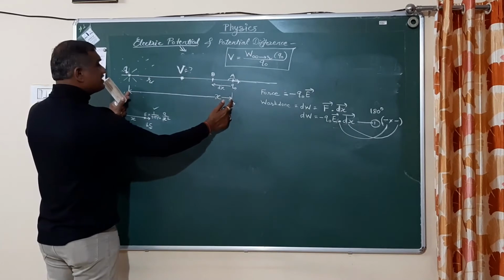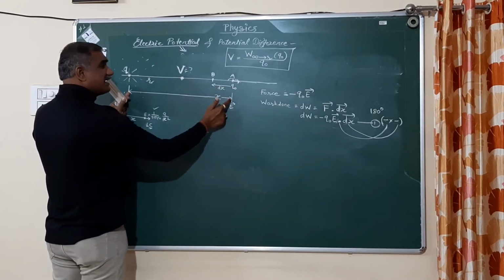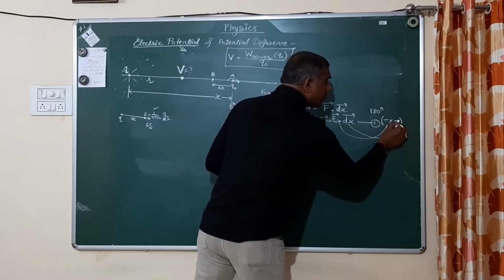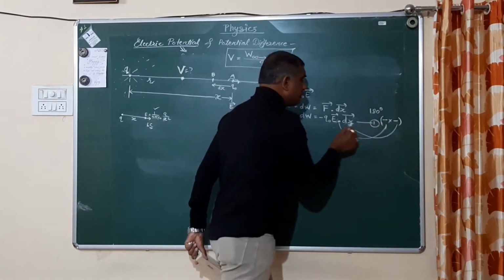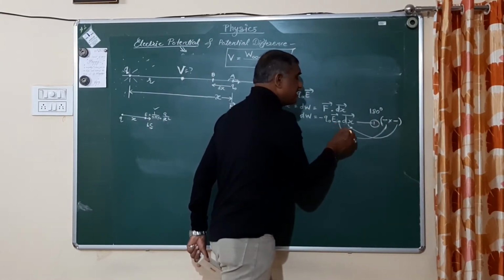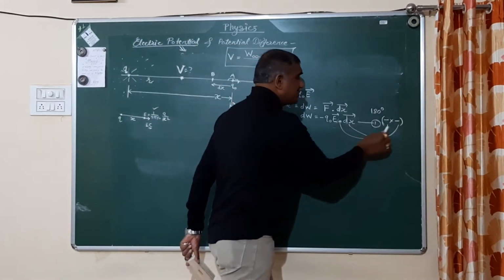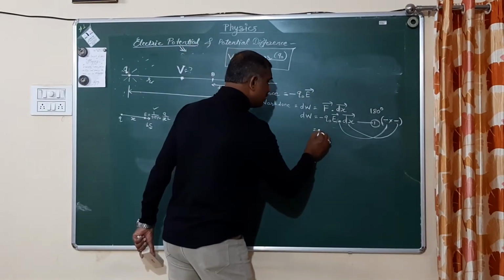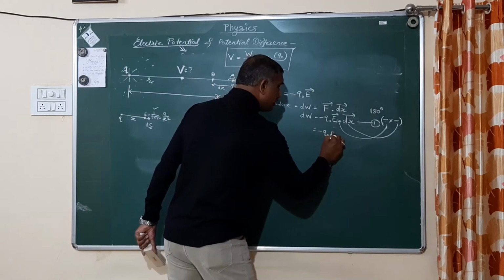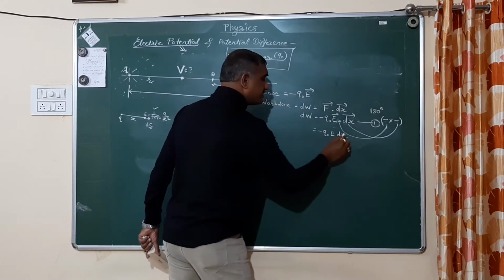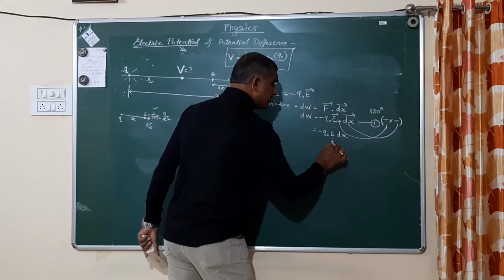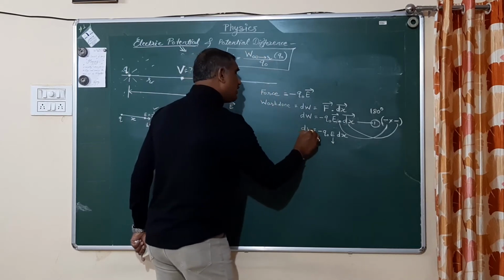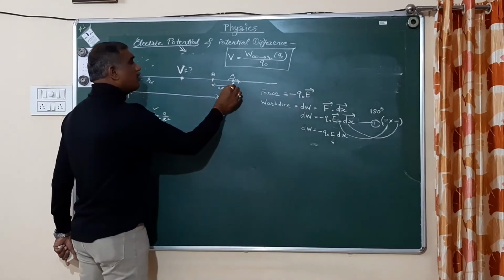Look at this. The distance is x, but dx is decreasing in case of x, and that's why, due to this dx decreasing, we have to put here a negative sign. Therefore, due to both cases, one is the dot product and the second one is the dx decreasing direction, you have to put here a minus sign, and this minus multiplied by minus becomes plus, and then this becomes minus of Q0 into E into dx. Very simple. Then I have to put here the value of E, and right here minus of, this is the work done in moving the charge Q0 from A to B.